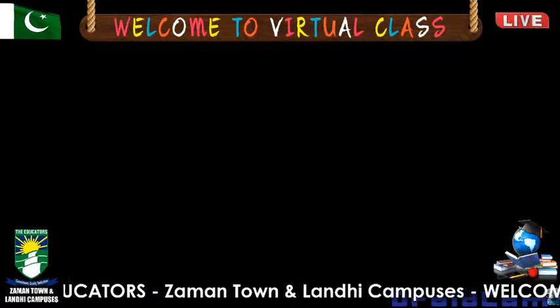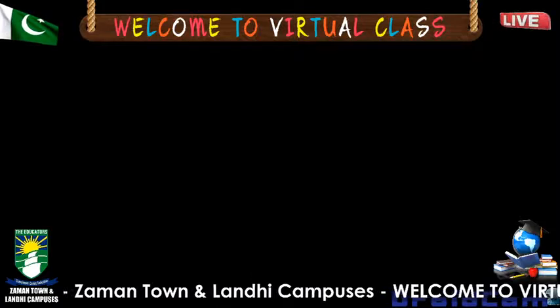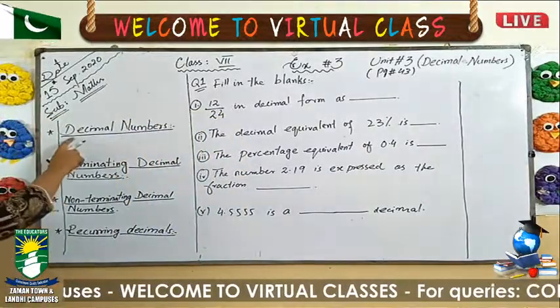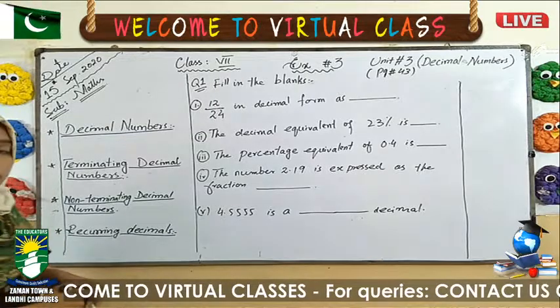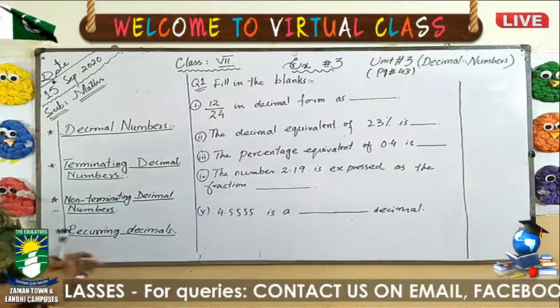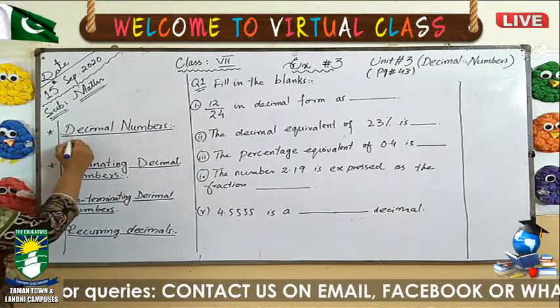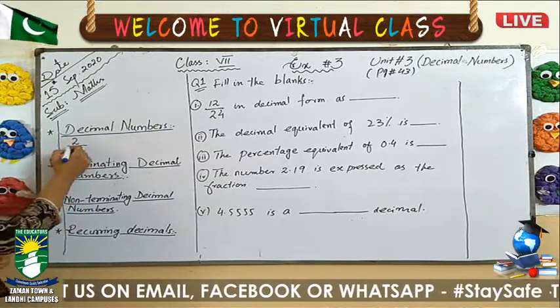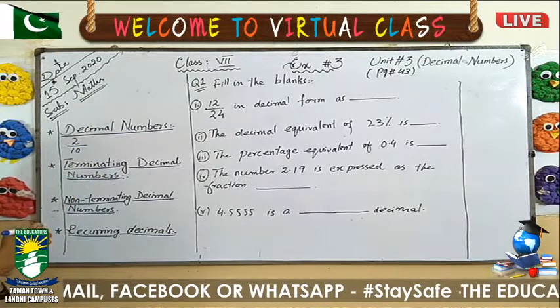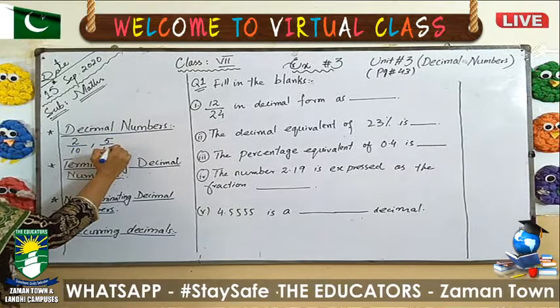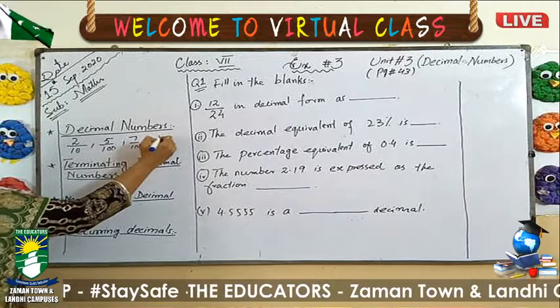in which our first definition is decimal number. Students, when we discuss the decimal number, we said that decimal numbers are rational numbers which can be written in the form of fraction. We say that decimal numbers are those fractions or rational numbers which have their denominator as a power of 10. What do you mean by a power of 10? That you have your fraction with the denominator as a power of 10, means that maybe its value will be 10, 5 upon 100, 7 upon 1000, 14